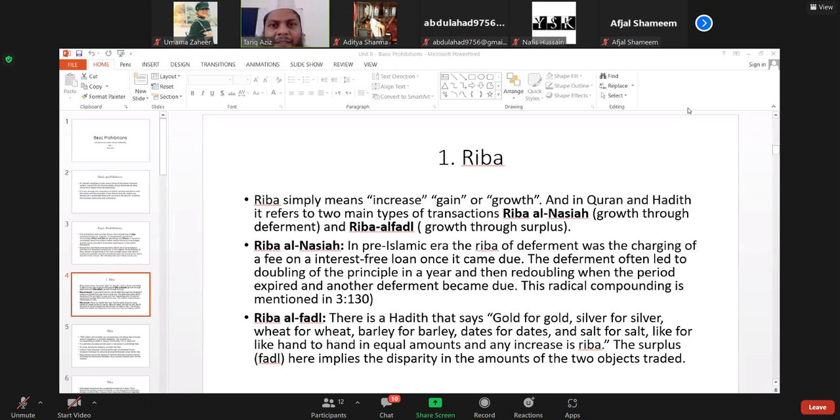So the borrowing and lending transaction is different. Whether we indulge in lending or not, the money is bound to lose its value. If we keep that money in the bank, then again the value will decrease because of inflation. But there are some opinions that say that we can charge something which is equal to the time value of money. We will continue on this point in the next class.